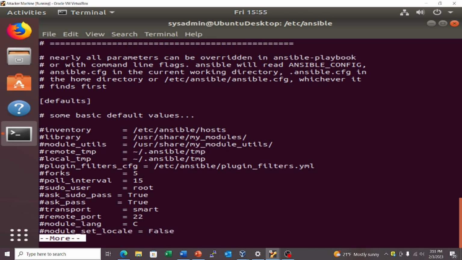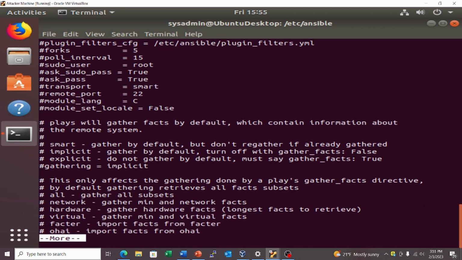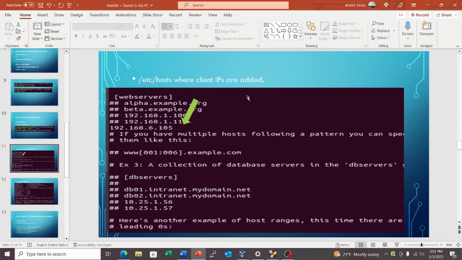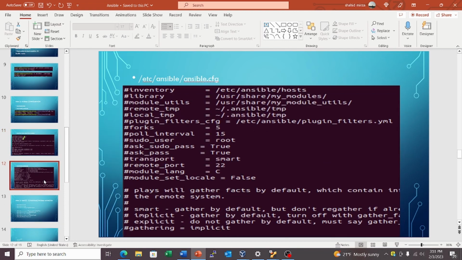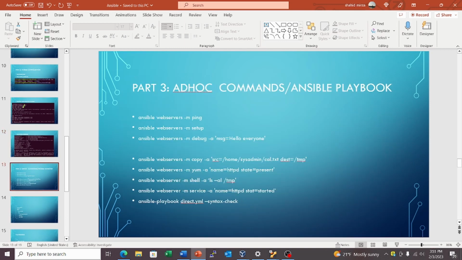And then a couple of other things, like etc hosts, and here you can add those IP addresses. And then this is a configuration file where you can see that all the main configuration of the system are configured. And then the next part is ad hoc